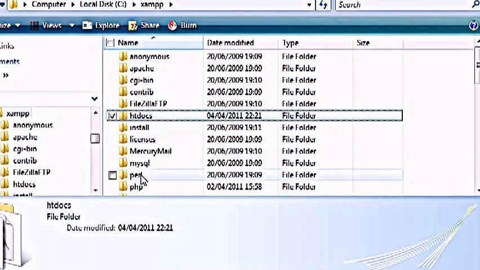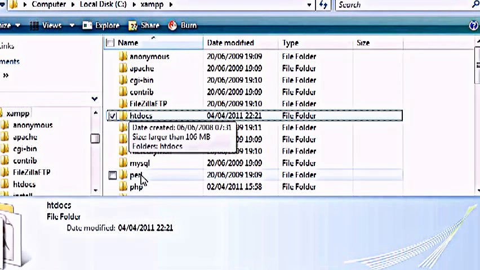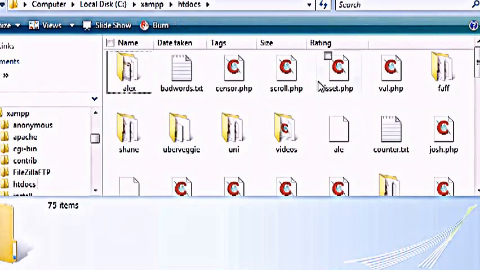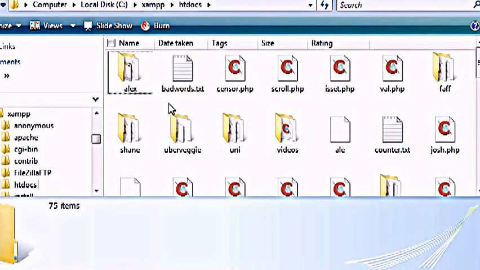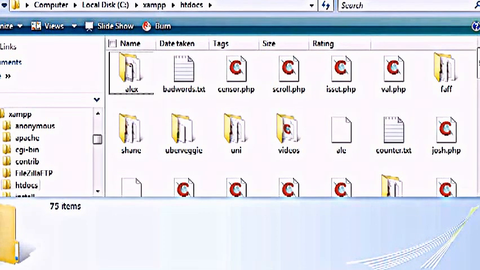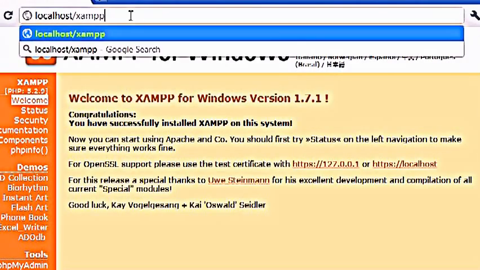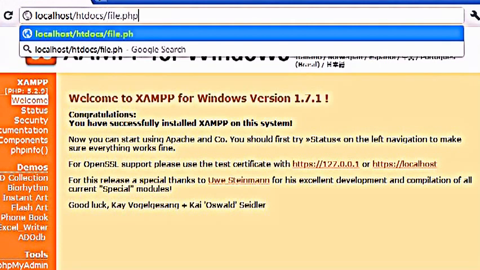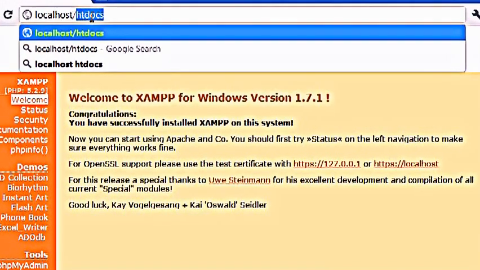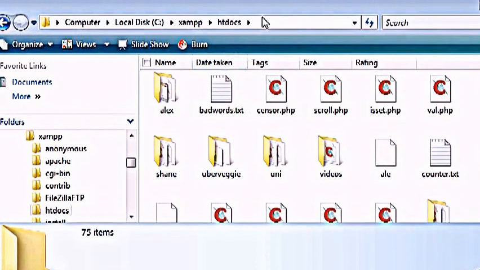Okay, so htdocs is the folder that I want to focus on in this tutorial because we're going to be creating our first file. Now inside htdocs, at the moment it's a bit of a mess for me, I've got a few files in here, but we want to create our PHP file in here. So let's just open up our browser. So you know now that we access our website, or our local server, from localhost. Now we don't need to do localhost/htdocs/ and our file, because htdocs here is the root directory, if you like, for where